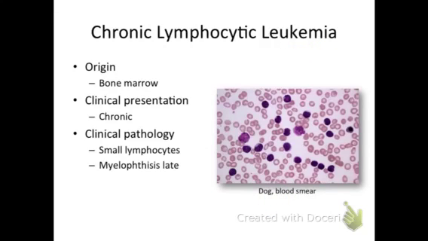Chronic lymphocytic leukemia is a proliferation of small lymphocytes that originate from the bone marrow. The lymphocytes are smaller than a neutrophil, contain dense dark staining nuclei, and are frequently at concentrations greater than 50,000 cells per microliter. Animals with CLL often have a chronic history of mild and progressive clinical signs, and sometimes CLL is diagnosed on routine examination without the patient showing any clinical signs of disease. CLL replaces the bone marrow very late in disease, so animals tend not to have cytopenias at initial presentation.